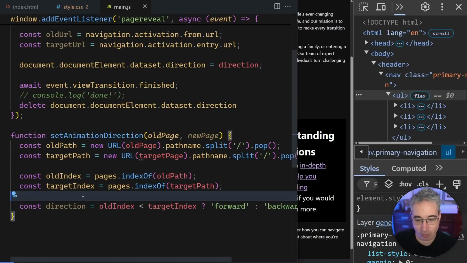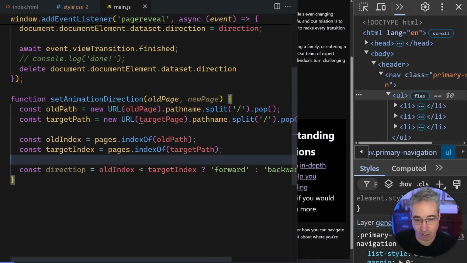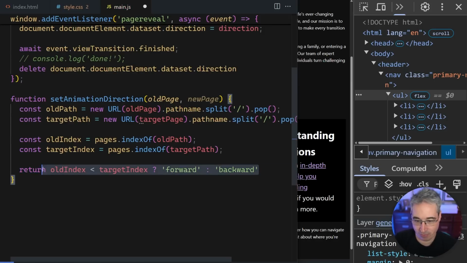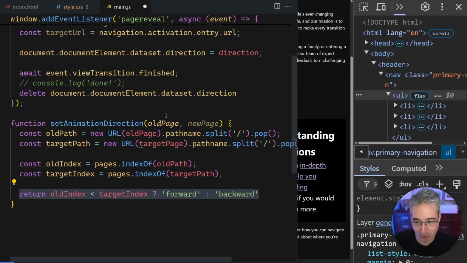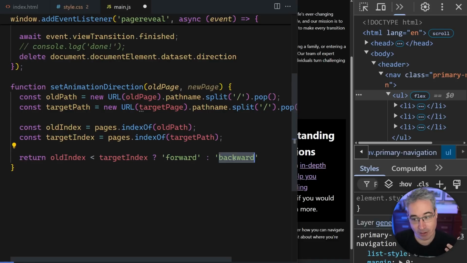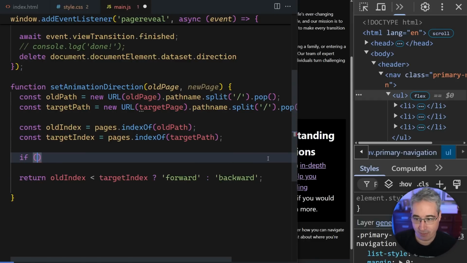We're getting a direction, but we could do 2 things here. Instead of a const direction, what I would actually do here is we could just return, right? Return this, so it's going to return as part of this function. When we use it up there, it's going to return either forward or backward. But what we could say is, if the new page, no, sorry, not the new page. I want the target index. If the target index is equal to -1, then we could just have it return forward